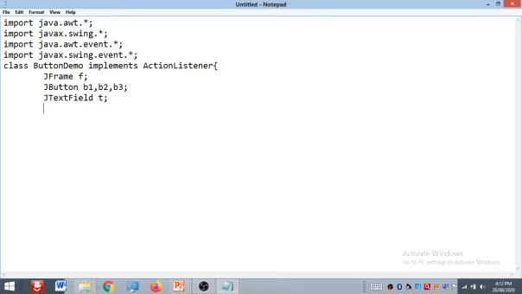Now we create ButtonDemo, suppose here we create the default constructor ButtonDemo. Then in that, initiate all the objects that we created earlier, like first, that is a frame, new JFrame. Provide the title to that frame, or we can say a window, like here ButtonDemo.